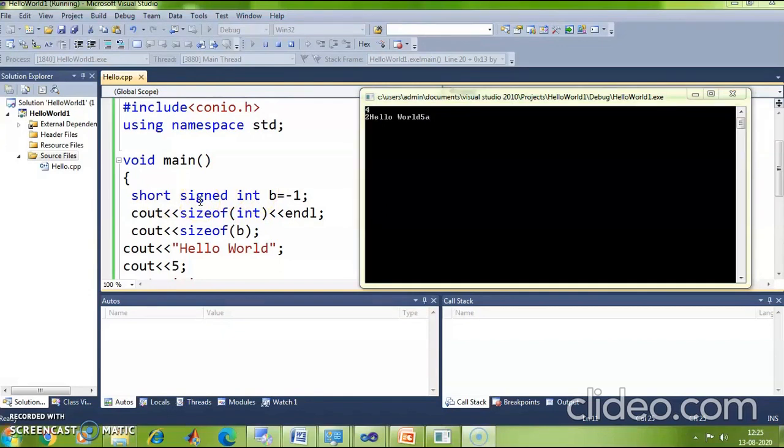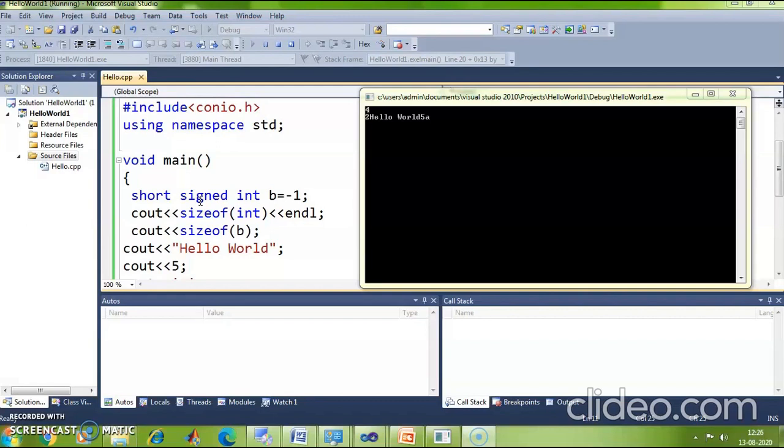However, for a 32-bit machine or a 64-bit machine, if I use a long modifier with an integer, the size remains as it is. But if you have a 16-bit machine, the size of the integer would be 2 bytes, right?